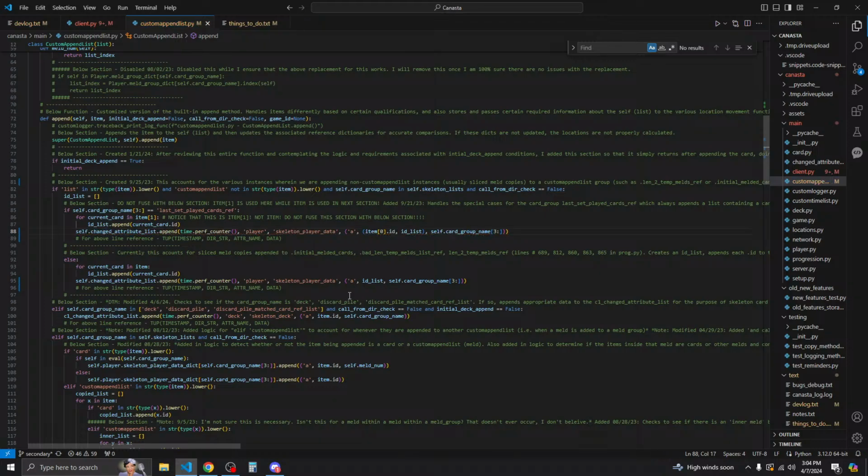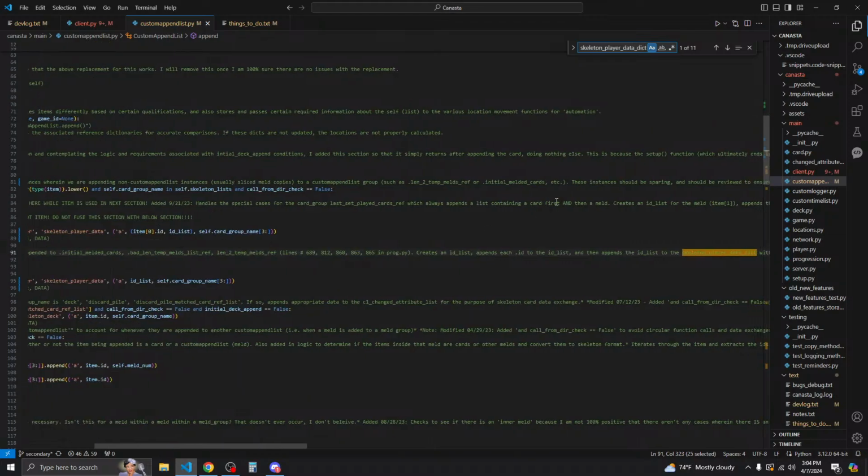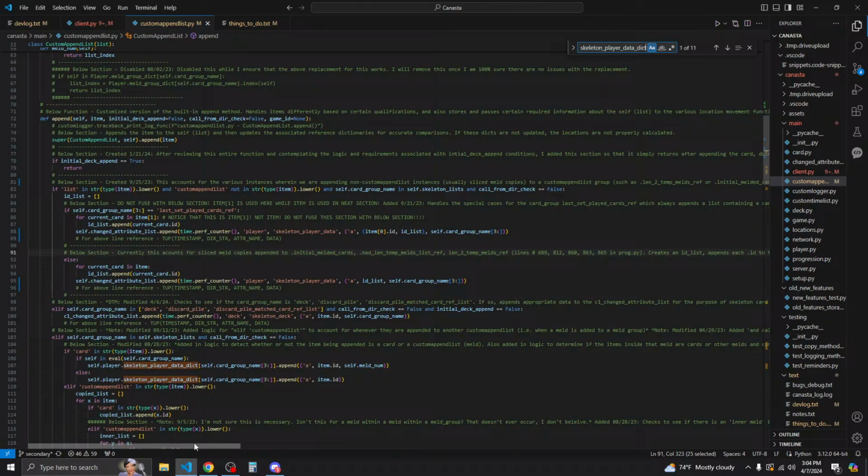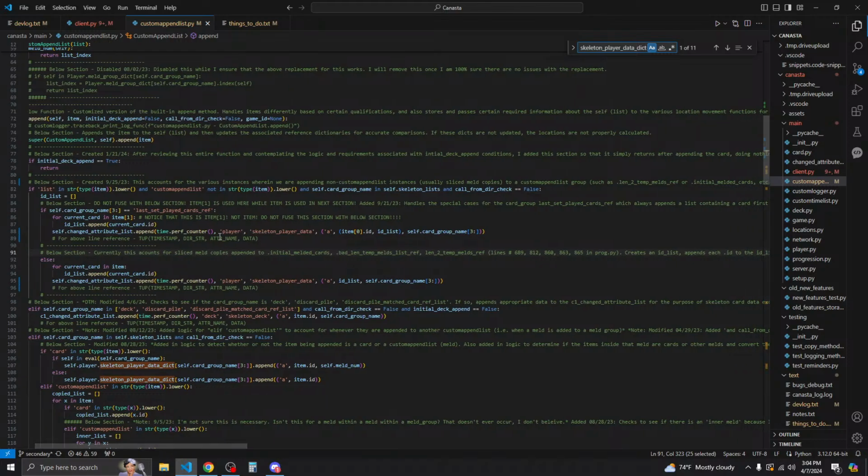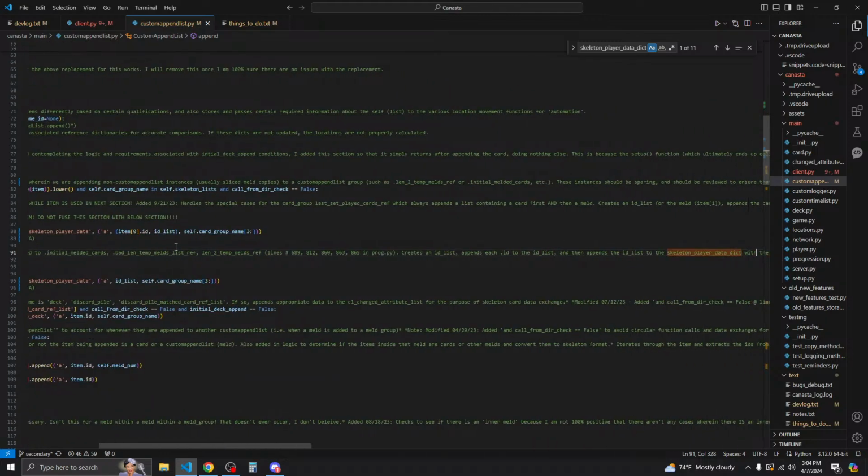We're going to just go through each instance in this file real quick. So we're going to look for skeleton player data dict. Alright. So this says currently this counts for slice mode copies appended to initial mode card, bad length 10 modes, list ref, length to 10 modes ref, creates an ID list, appends each ID to the ID list, and then appends the ID list to the skeleton.